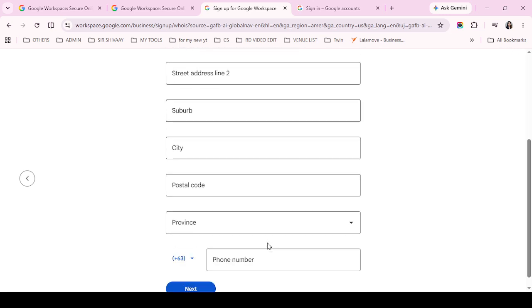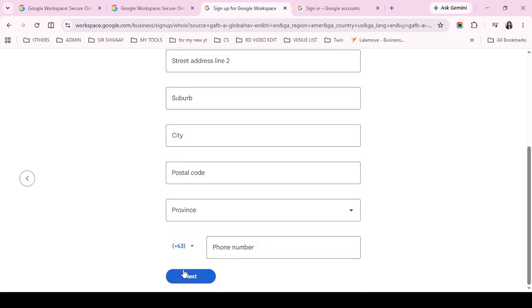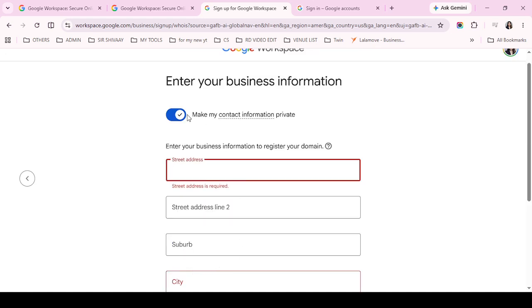Finally, verify your subscription status in the Google Admin Console by checking the billing menu. Even if your MX records are perfect, email service may still